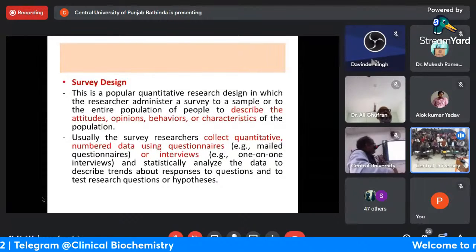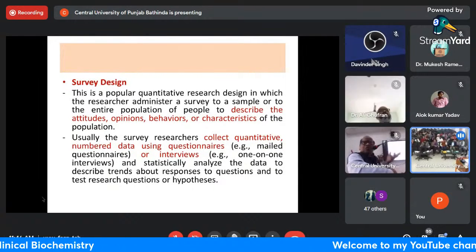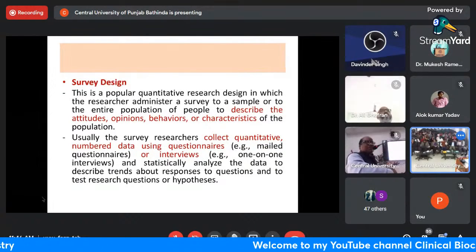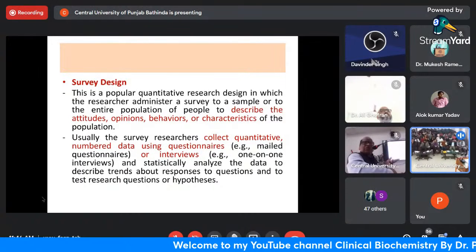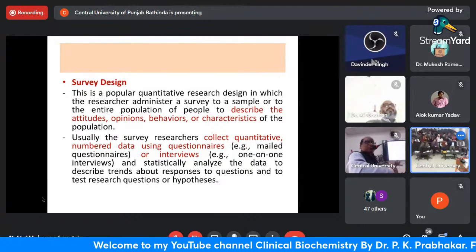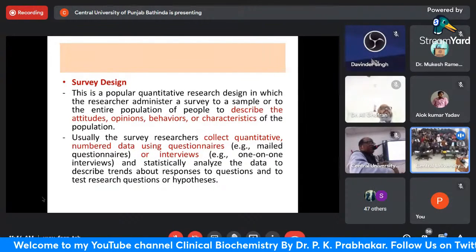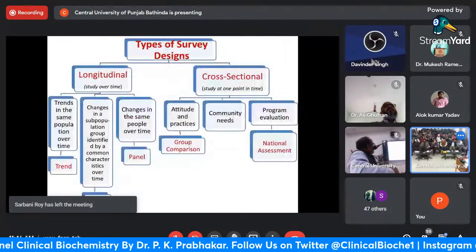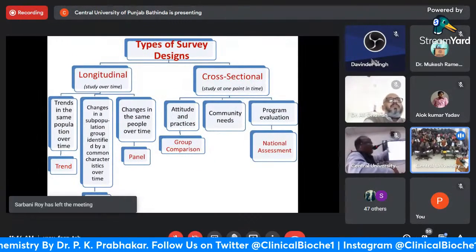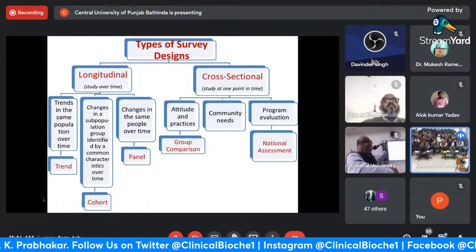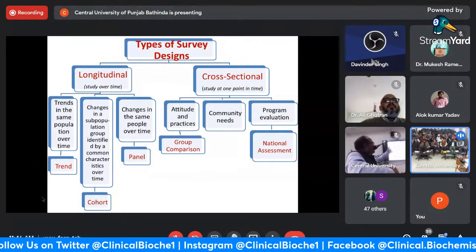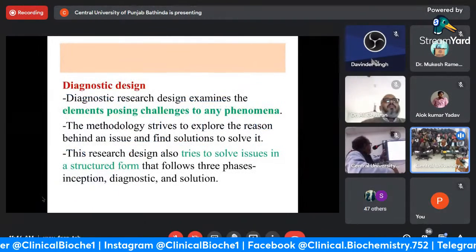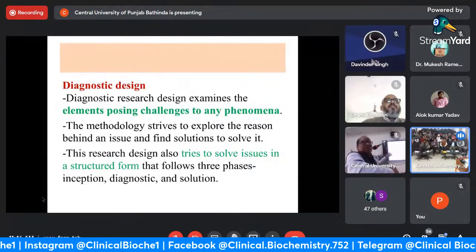And survey designs, we usually very rarely use them in sciences, but we should not say that it is not used. It is used, but rarely, if such mass survey work is essential. And these are certain aspects or categories of the survey designs: longitudinal, cross-sectional, and so on. And diagnostic design, basically it is used